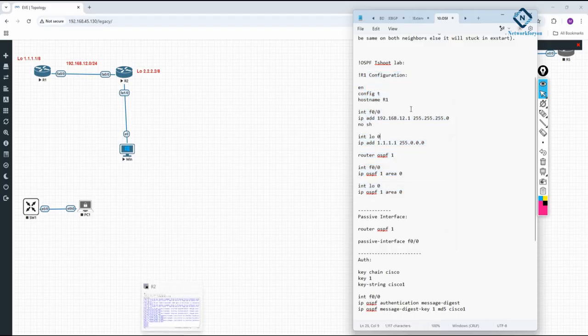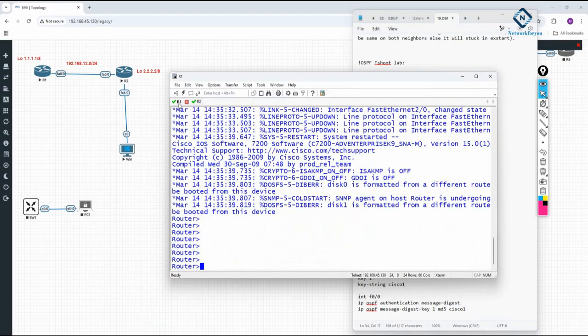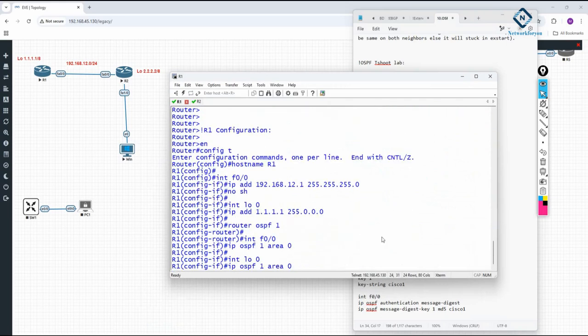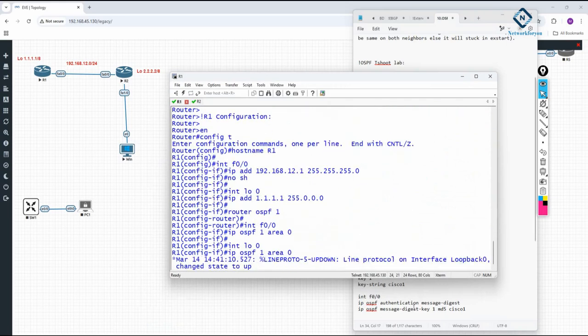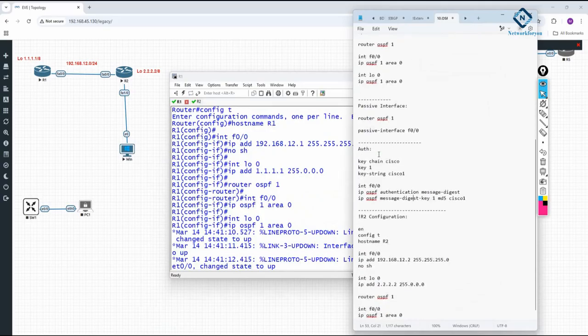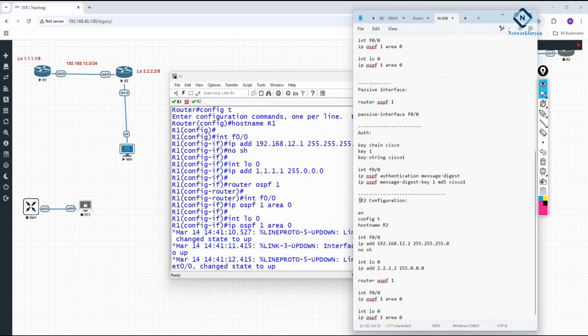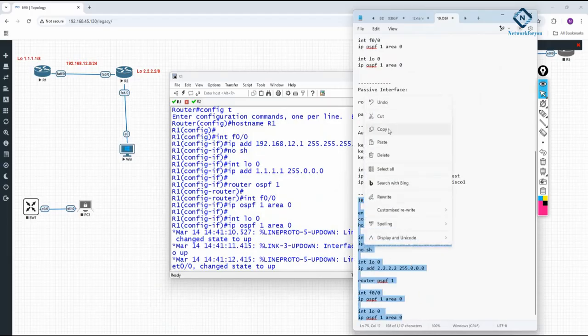Okay, so this is the R1 configuration. Just look only at this one, from here to here. I will paste this in R1. So R1 we pasted, and after that we need to do R2 also. If you see, this is the configuration for R2. This is also simple, but before,